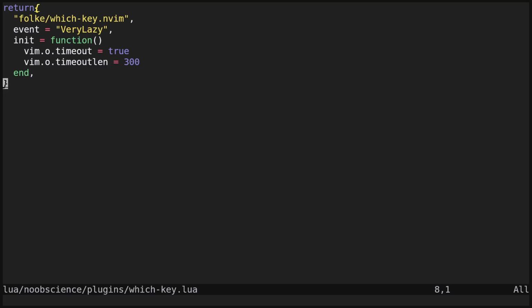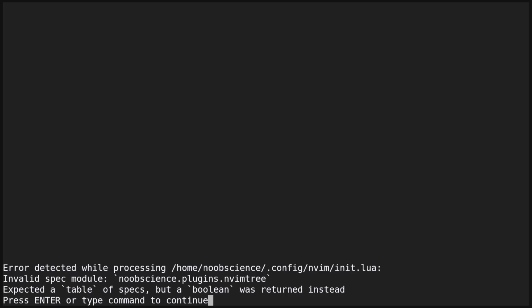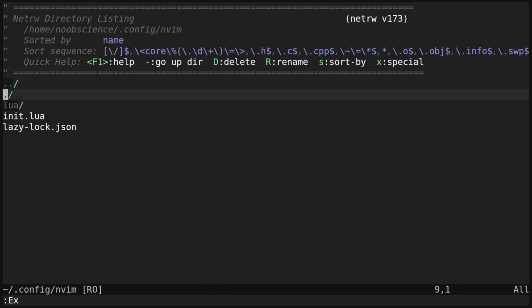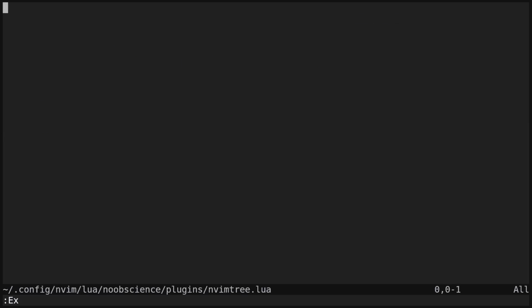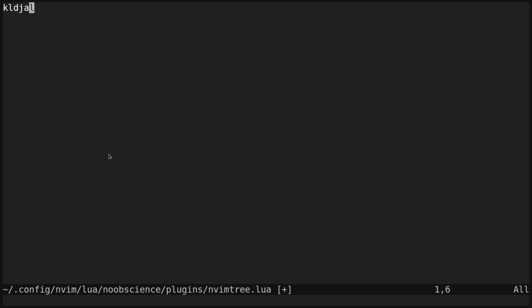So now if I quit and open up the nvim tree again, let's open up Neovim and press in exe, probably head on back to nvim tree, and I press control or something. I'm not exactly sure what command to press that would trigger it, but probably if I press in D or something, which-key should hopefully be triggered. Is it? Well, the execution is lazy, so